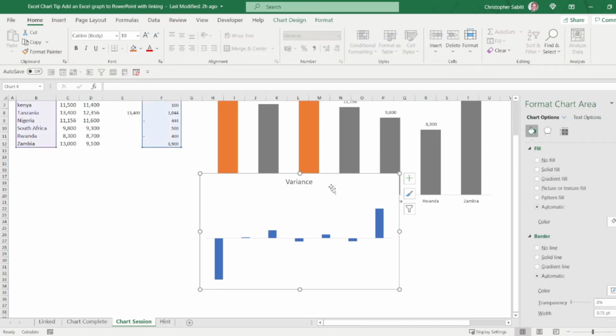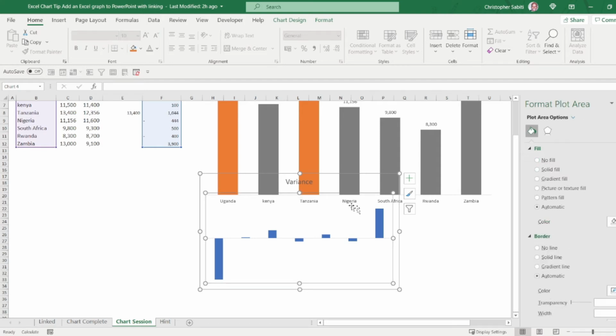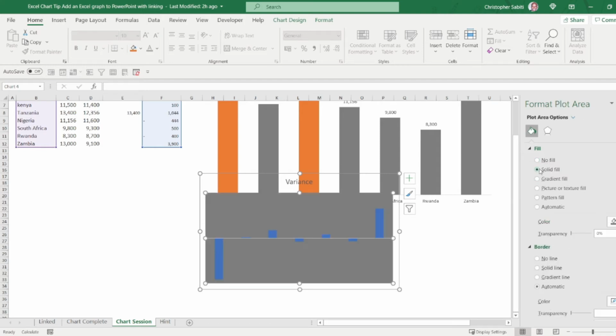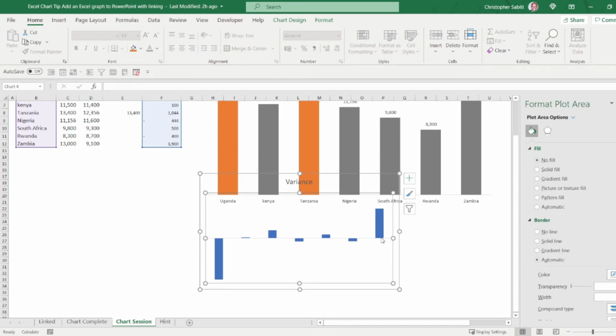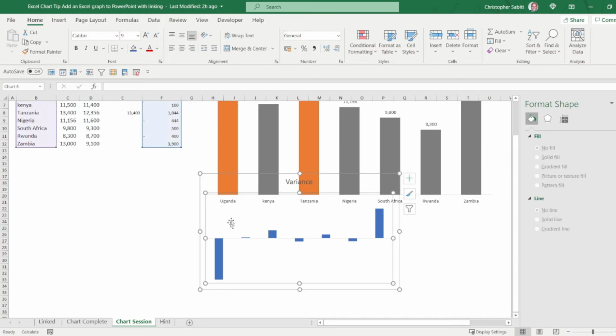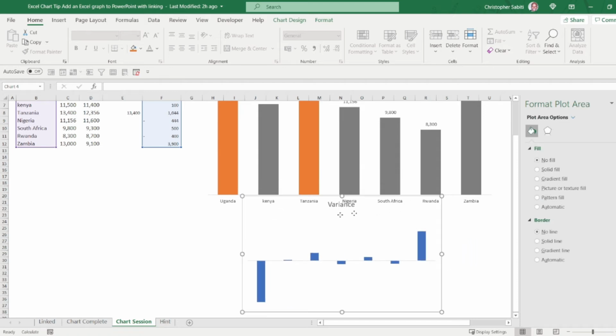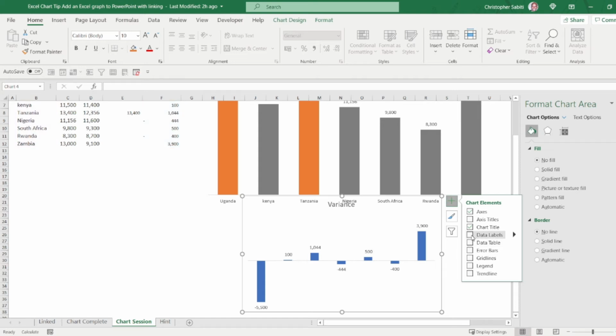So we need to make this transparent, so we don't need any fill. Also for the chart area, we don't need any fill. Then another thing, we don't need borders. Also here, we don't need borders. So our chart now is completely transparent. We can move this in line with that, and we insert labels because we don't have axes.